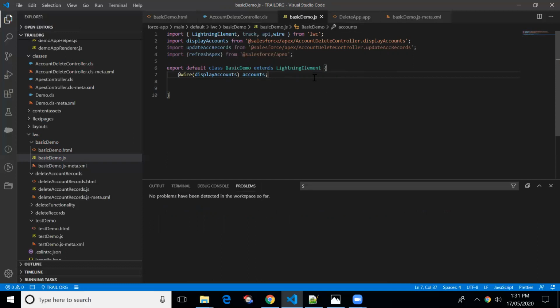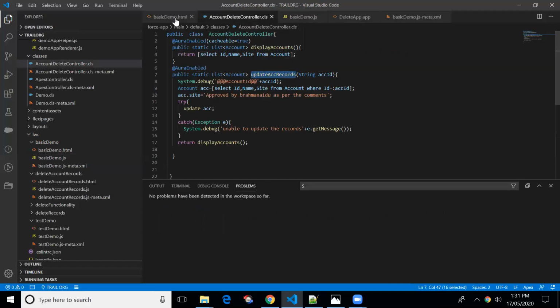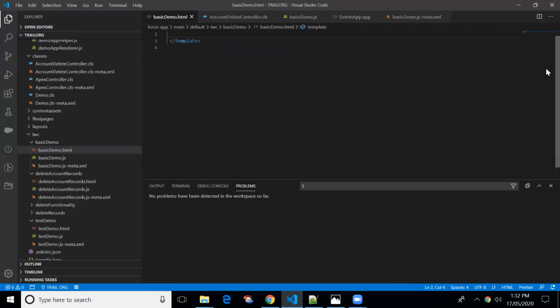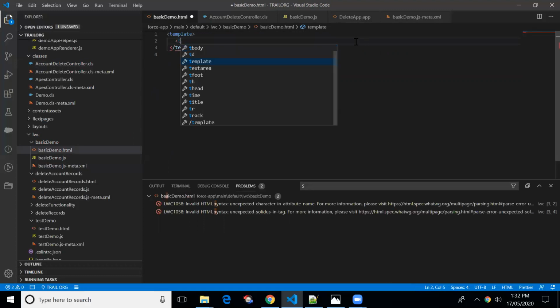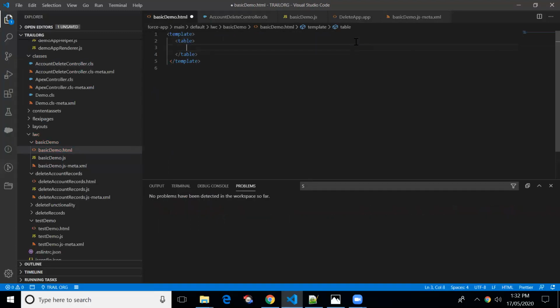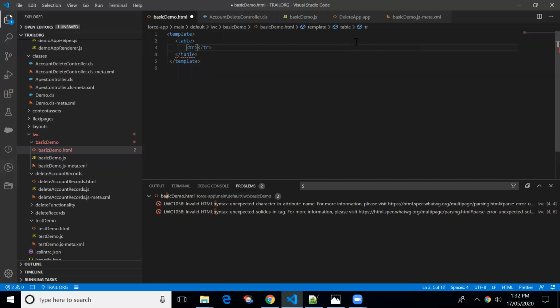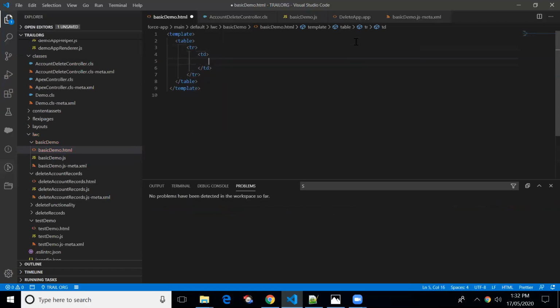If you want to access the data, we put accounts.data, and to display an error, accounts.error. Now let me design the table, tr, td. I'll be displaying the name. Let me copy this td.